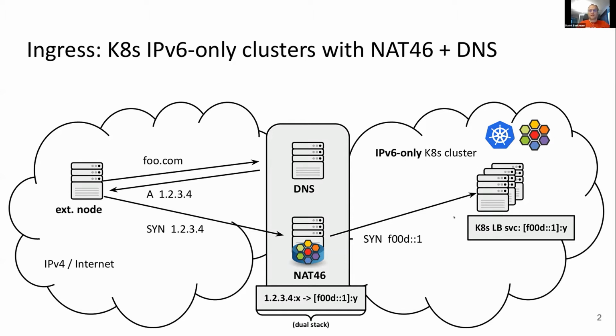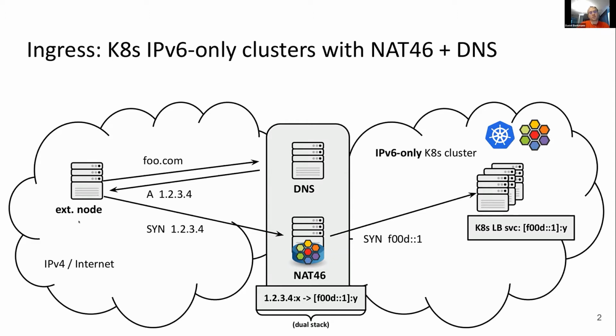What you can see here on the right side is a Kubernetes cluster which is IPv6 only, and on the left side is, let's say, some nodes on the internet. For example, a client can be a user or some other node that is trying to connect into the IPv6-only cluster. And for this, from an architectural high-level view,